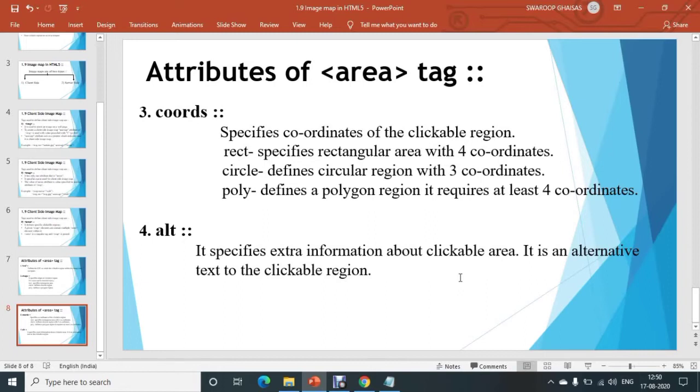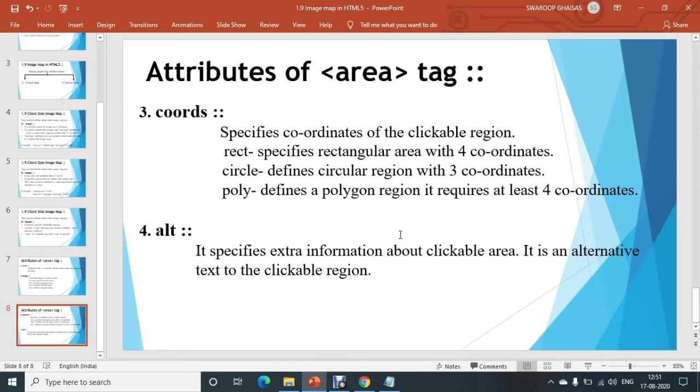Whenever you move onto that particular image, or your cursor is on that particular image, then that alternative text will be visible to provide extra or additional information about that particular image. So in this way you can use client side image mapping by using different tags, that is the img tag, map tag and area tag.